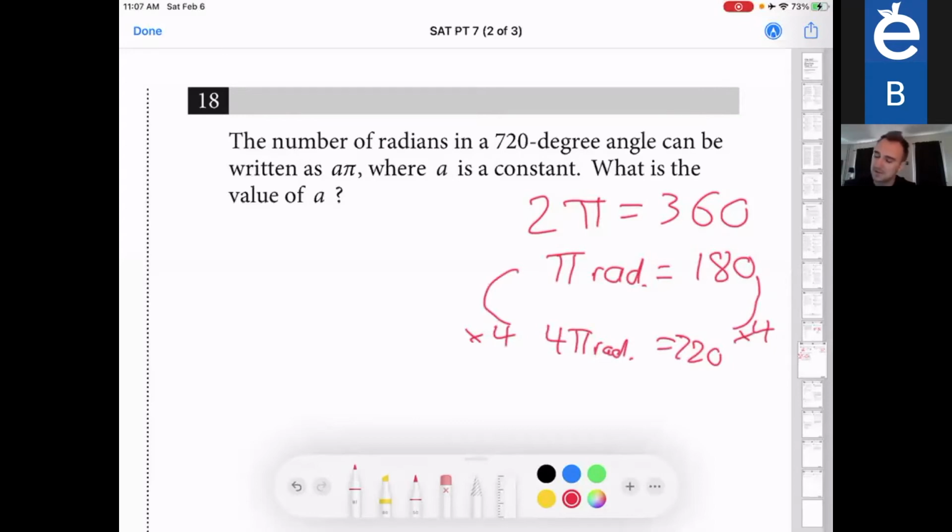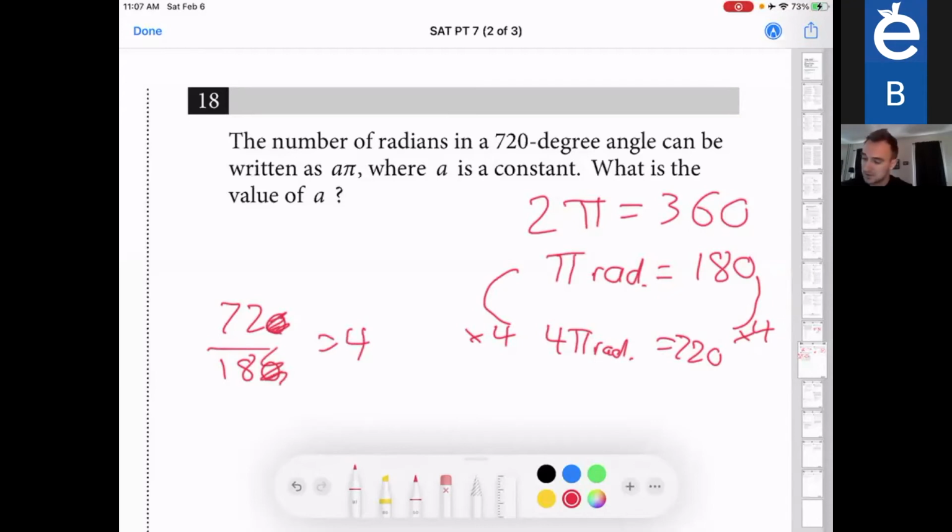Right? Another way of doing that would just be dividing 720 by 180. This is a non-calculator section, but hopefully you can see that those work, right? This is really just 72 divided by 18. It's the same thing. It will be equal to 4. So that means that there's 4 pi radians in